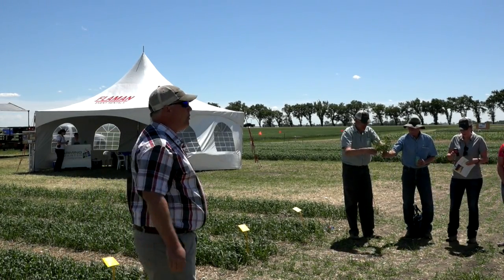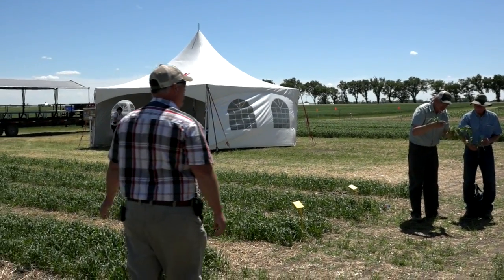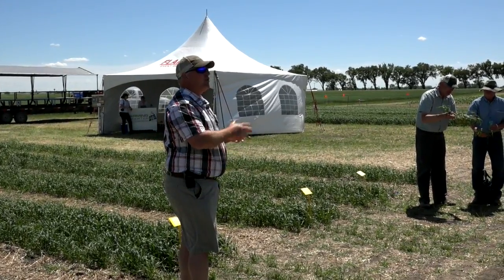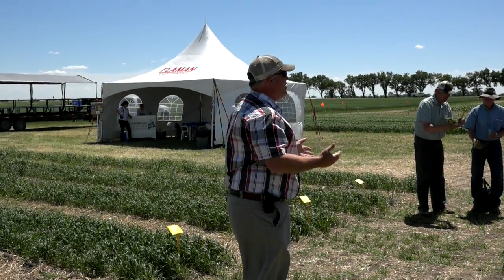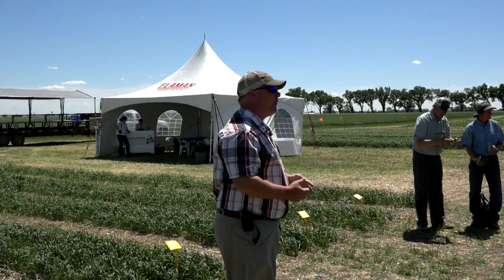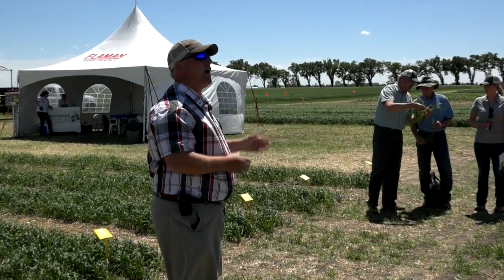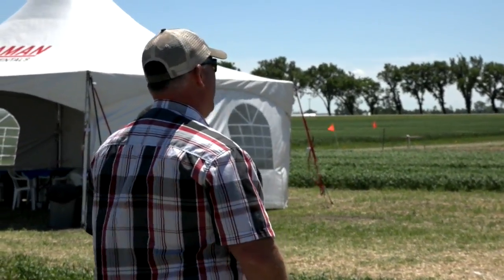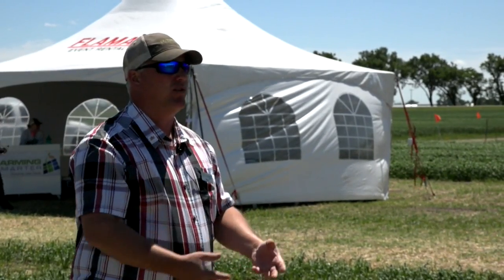So the project behind, the plot demonstration behind me is actually wheat planted with a precision planter. Now, the reason that we're interested, we started off, we're going to talk about canola. We're also using it for dryland grain corn production. The truth is, these planters, in all honesty, weren't really developed for zero-till production. And they have some really nice benefits, but we're going to have to adapt them a little bit to make it work. Some of the really neat advantages that they have is you have 100% control over the placement of that seed. So instead of running your grain cart and it's just pouring the seed out, you can precisely pick one at a time, and it's metered